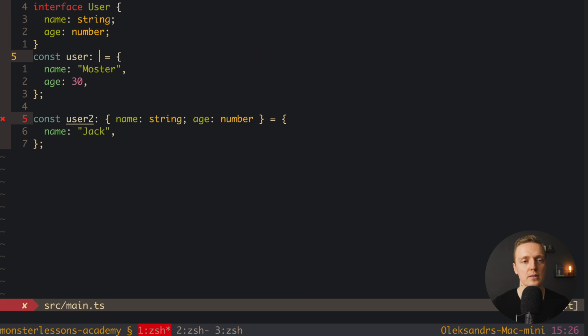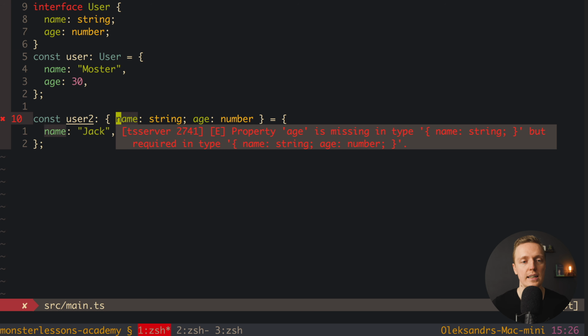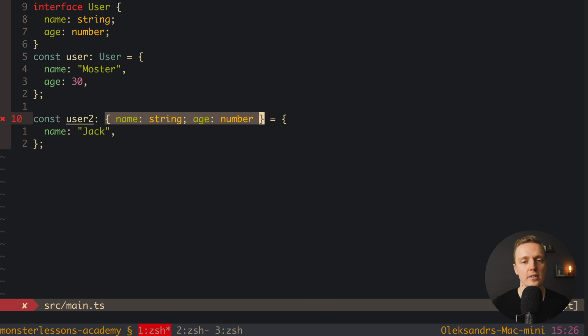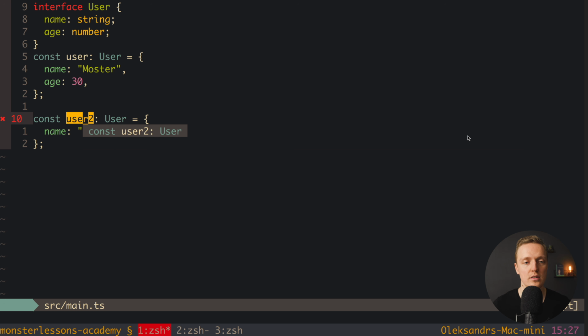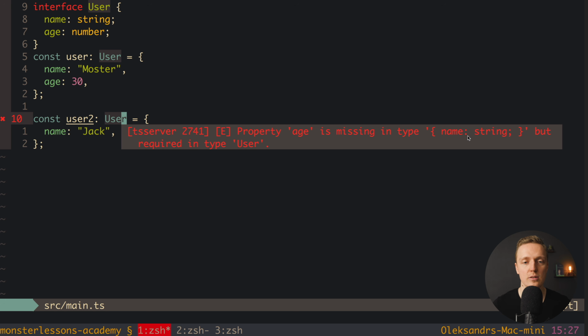So instead of this we're writing just User, and here also. As you can see, first of all we're writing much less code, and secondly we're getting almost the same errors. Here we're getting property age is missing in type, and name string, which means our const user is name string, but age is required in interface User.